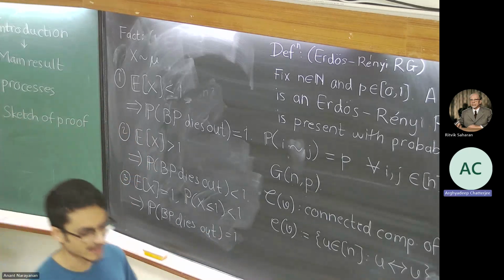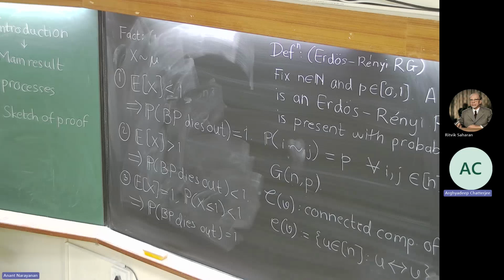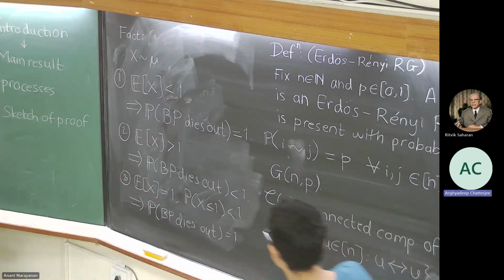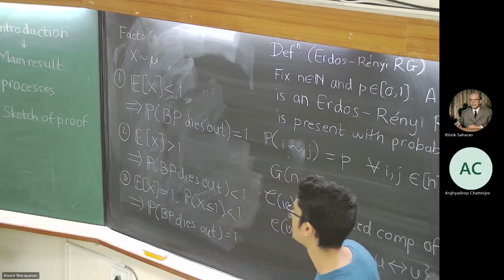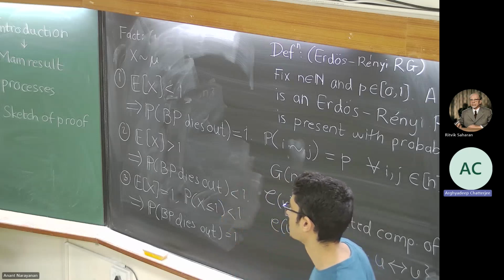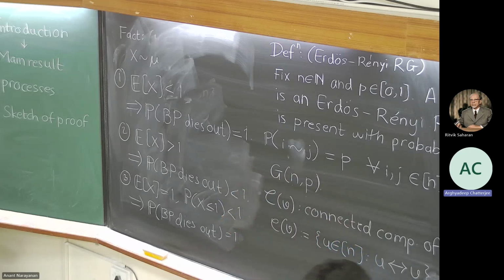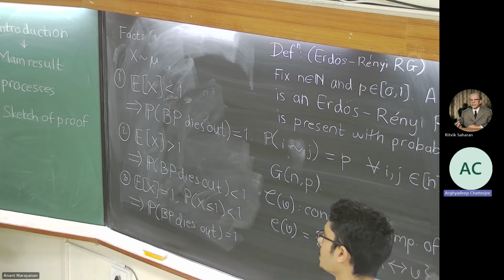Sourish: Yes. In the second case, if I remember correctly, are there not any other assumptions? There was some theorem like Kesten and Stigum, I think. I think you need the moment of x log x to be finite for the probability to be less than 1. Otherwise, it dies out with probability 1, I think.